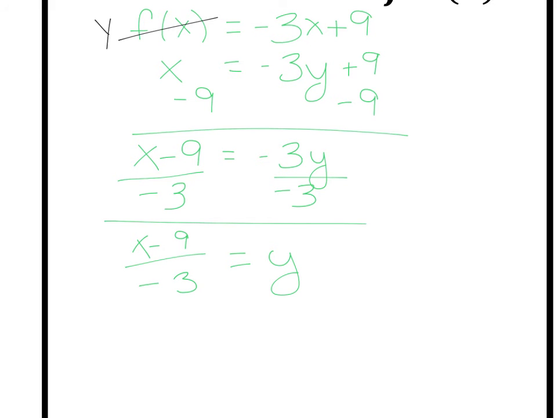If there are no answers that look like that, try dividing every individual term by that negative 3 instead. Okay, so what that would look like is x over negative 3 plus negative 9 over negative 3 equals negative 3y over negative 3. So that would reduce to negative 1/3 x plus 3, because negative 9 divided by negative 3 is positive 3, equals y. Okay, both of those answers are valid, but it is multiple choice, so pick the one that is